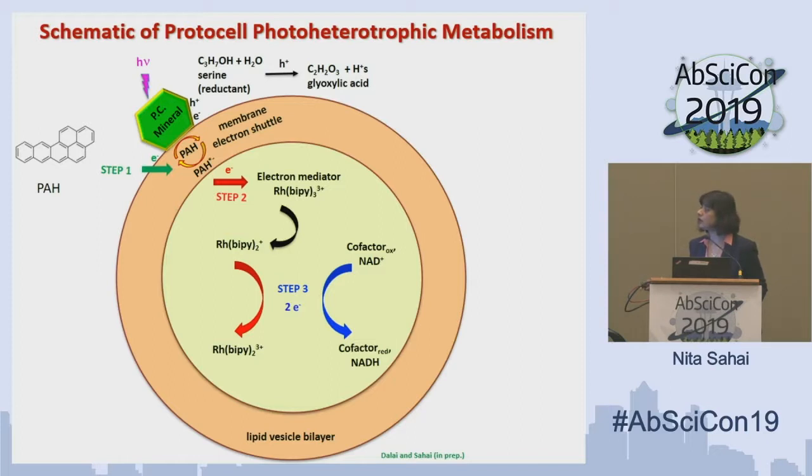an electron mediator. In our case, this is a model compound called rhodium bipyridinium, whose structure is shown over here. Now, this is not very prebiotic. Rhodium is not very common in the environment, but we use this because it's capable of a 2-electron transfer, which is what you need for NAD to NADH reduction. We are currently in our lab trying to also work with the iron analog of this, which would be more prebiotically plausible. And finally, in step 3 of this process, when this rhodium bipyridinium picks up an electron